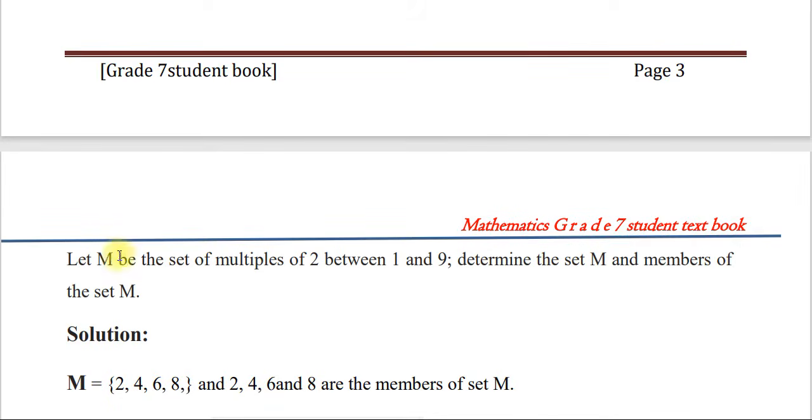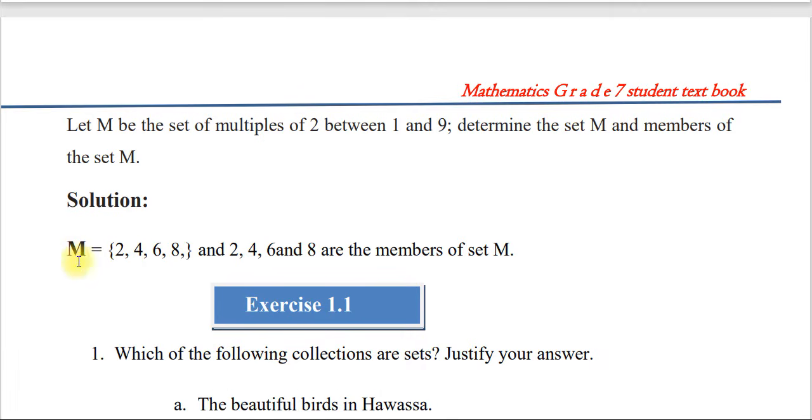Next example 1.4. Let M be the set of a multiple of 2 between 1 and 9. Determine the set M and member of the set M. እዚህ ጋር እንግዲህ M ሴት ነው እንበለው። ምን አይነት ሴት? M multiple of 2 between 1 and 9 በአንድ እና በ9 መካከል ያለ የሁለት ብዜት ስብስብ ነው ብንለው፣ M determine the set of M and member of set M። ስለዚህ የM ስብስብን ዲተርማይን አድርጉ ወይም ጥቀሷቸው እንደማለት ነው። So, look, M which is equal to the set containing 2, 4, 6, 8. ስለዚህ 2 4 6 8 በአንድ እና በ9 መካከል ያሉ የሁለት ብዜቶች ናቸው እንላለን። And 2, 4, 6 and 8 are a member of set M ብለን ዲተርማይን ማድረግ እንችላለን ማለት ነው።